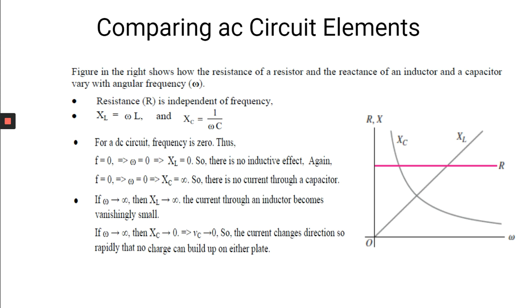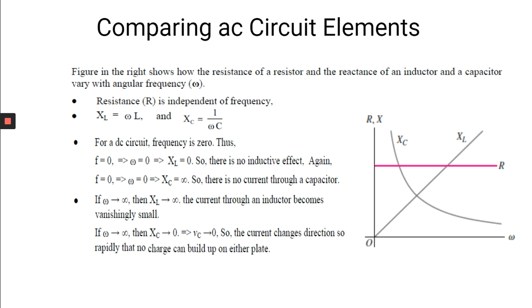But in forced vibration, when a periodic external force is applied, the body continuously oscillates, with the frequency of the external periodic force. Here your AC source plays the same role as the external periodic force, because you know that an AC source is also an EMF source which varies sinusoidally with time, so it can be considered an external periodic force.